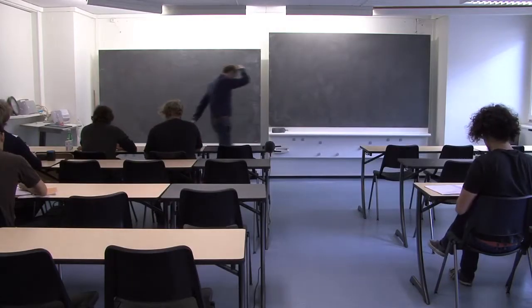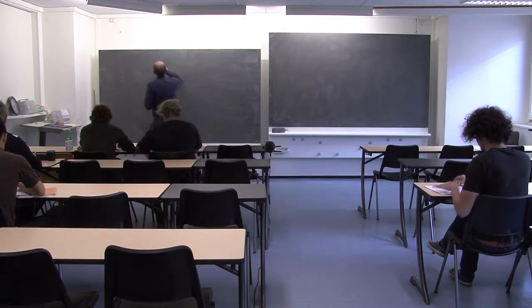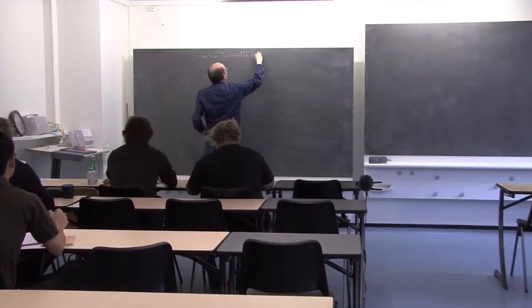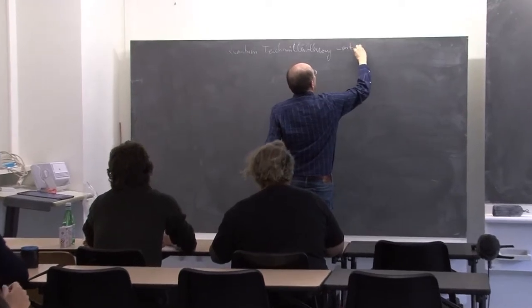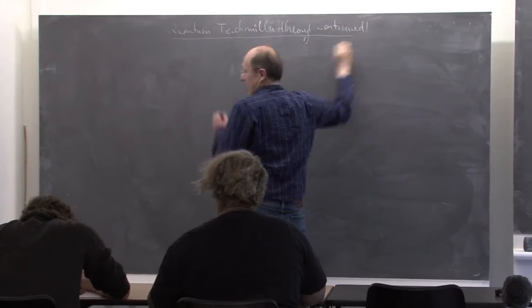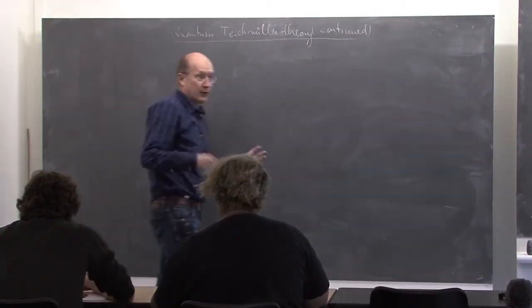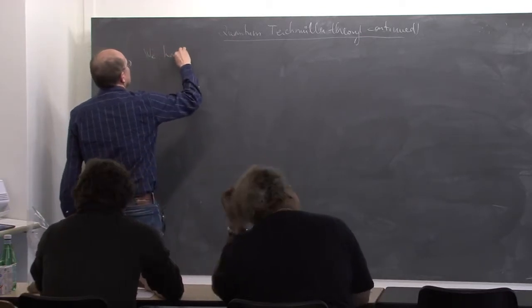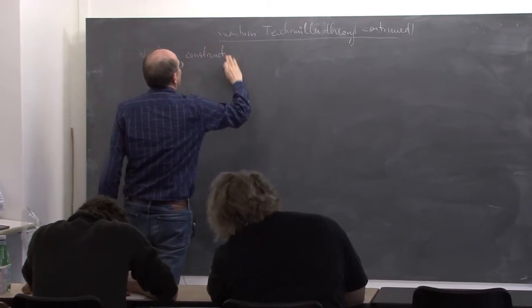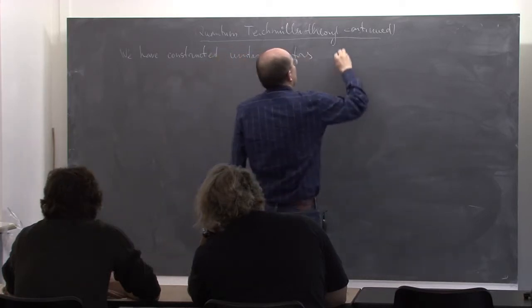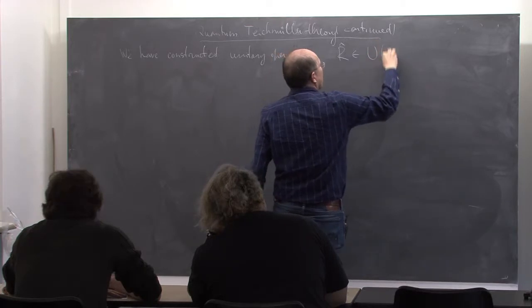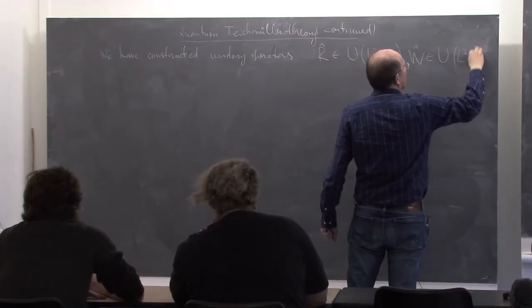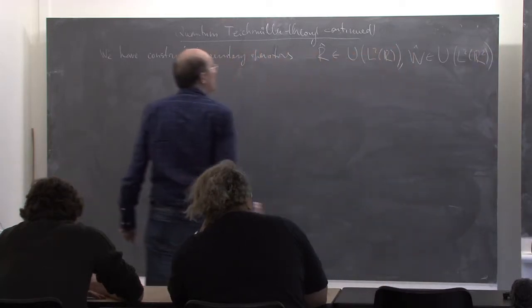Okay, so we continue with the quantum Teichmüller theory. Last time we finished solving for W and R hat, and so we have constructed R hat in the unitaries of L2 of R, and W hat in the unitaries of L2 of R2, given by